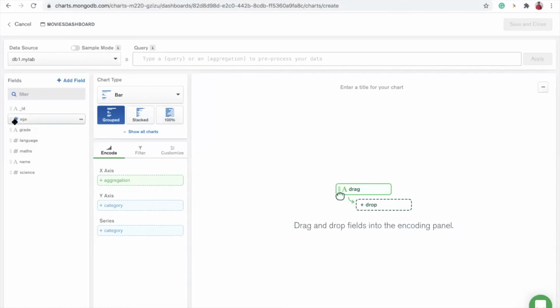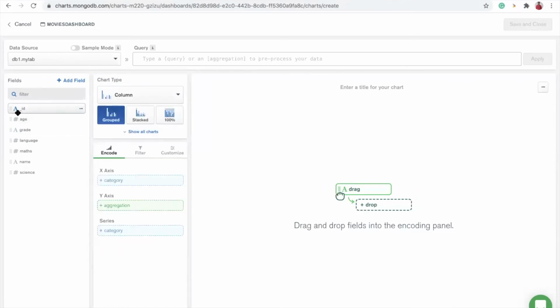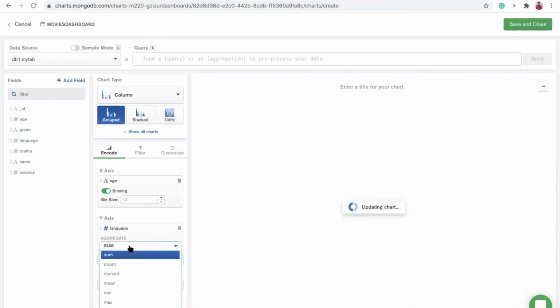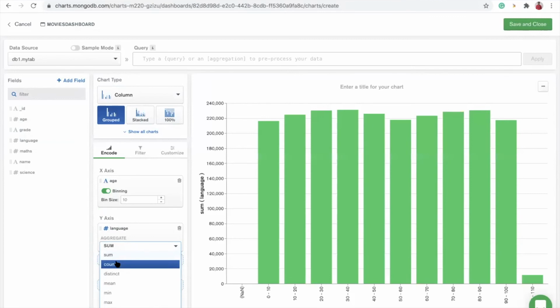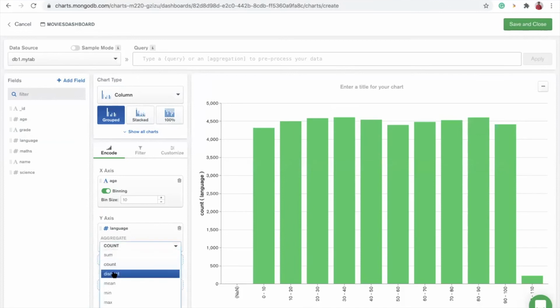In the x-axis we will have the age, and in the y-axis we will have a language score. We could select the count, but count might be much more, so let's take the mean.